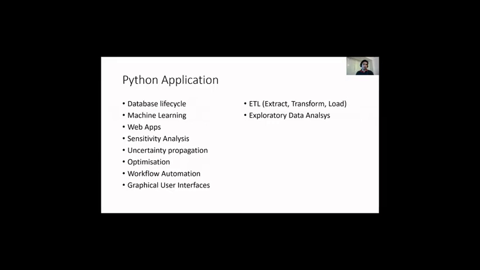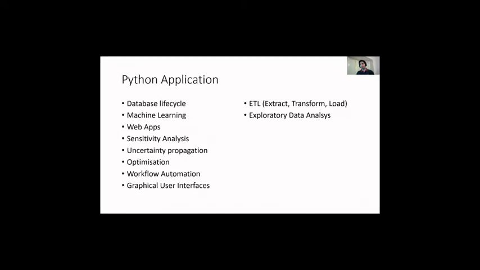Workflow automation and ETL. So all the mundane daily activities of engineers that in the past used to take 70–80% of the time, you could automate. Python is very useful for those tasks. So let's say you get a report every day, and from that report, you want to send just a few parameters in an email to your boss.